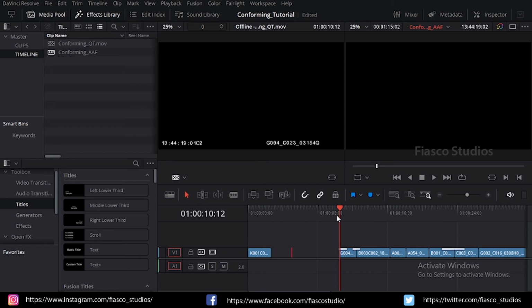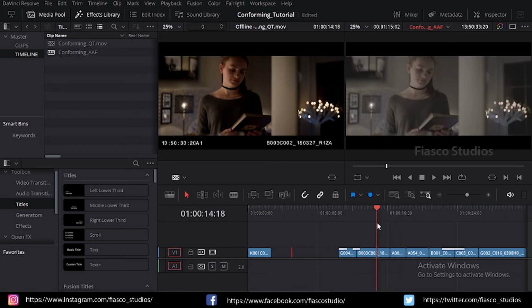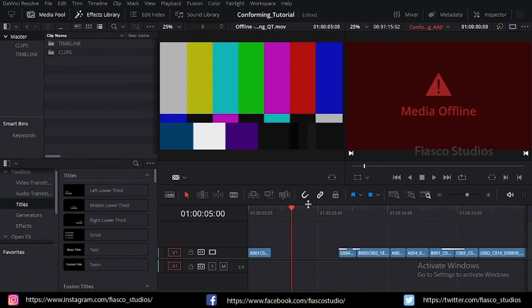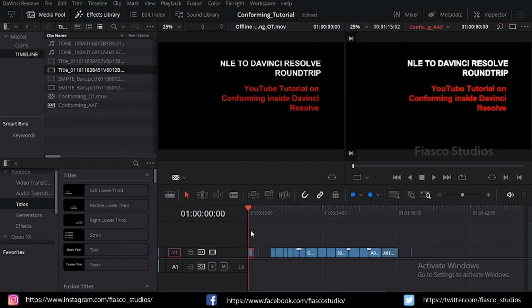In the top right of the timeline viewer, make sure that the source timecode is displayed. If it's not displayed, right click on it and choose source timecode. This will help you to compare the source timecode displayed in the reference video with the source timecode of the conformed sequence. Step 5. Now go through clip by clip and make sure that every frame is the same